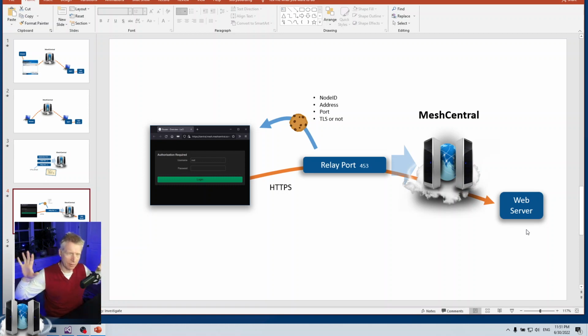You'll see two different tabs with your two different targets, even though the two browsers are connected to the same relay port. That's because the relay port issued different cookies to the different browsers, and so they will see different pages. So hopefully that makes sense.